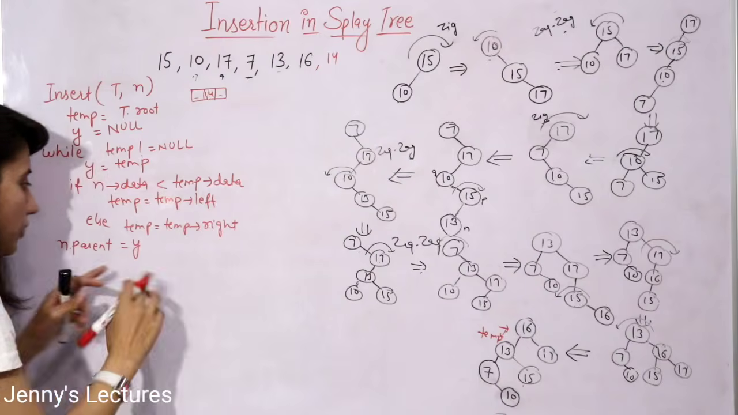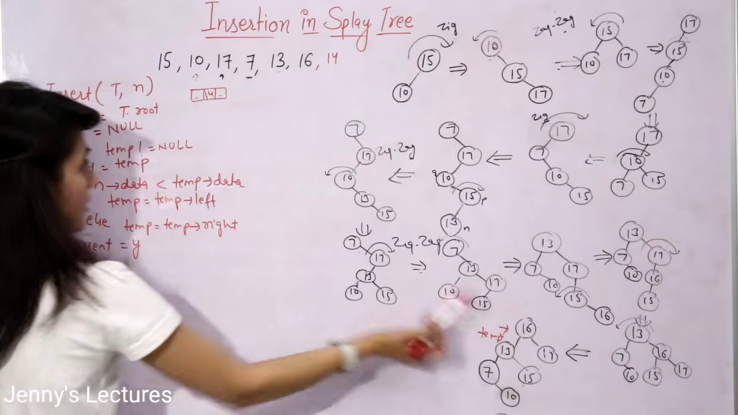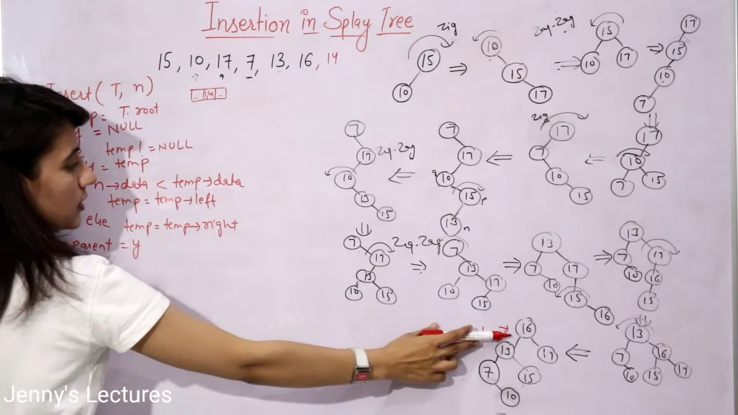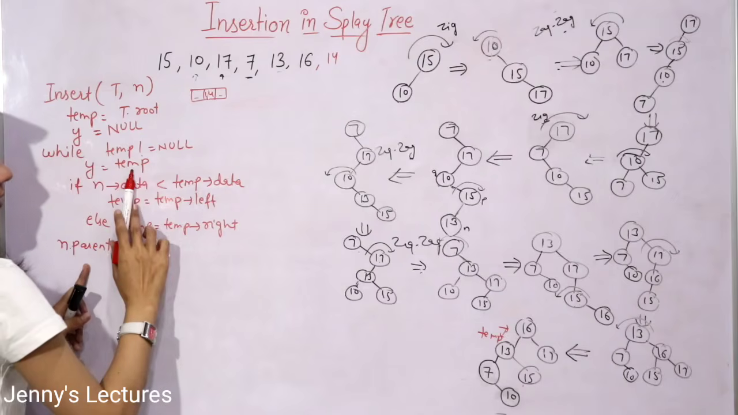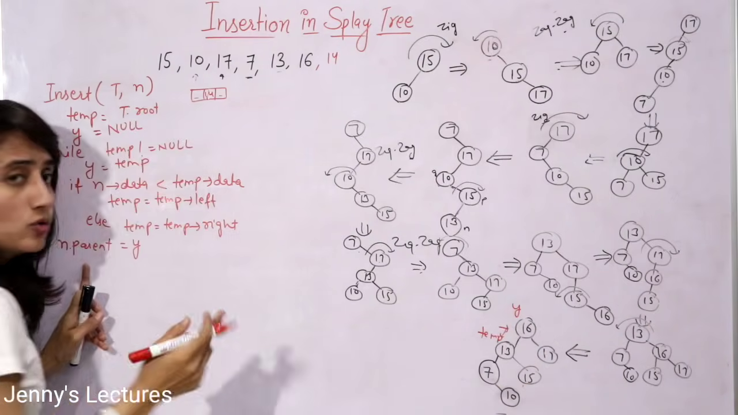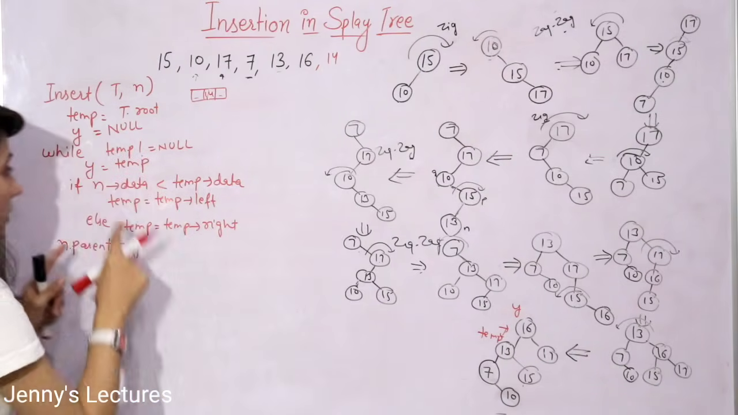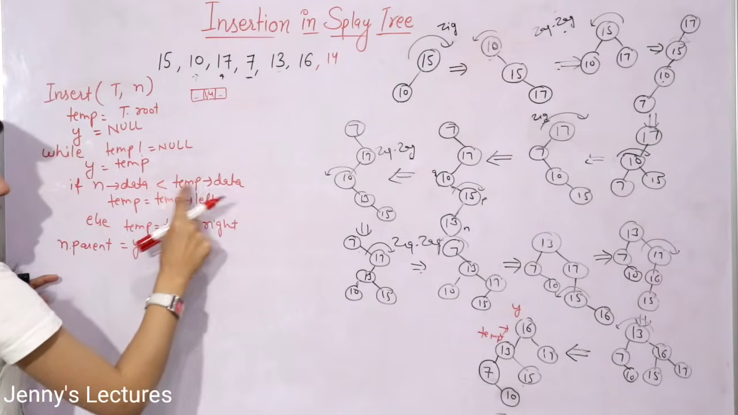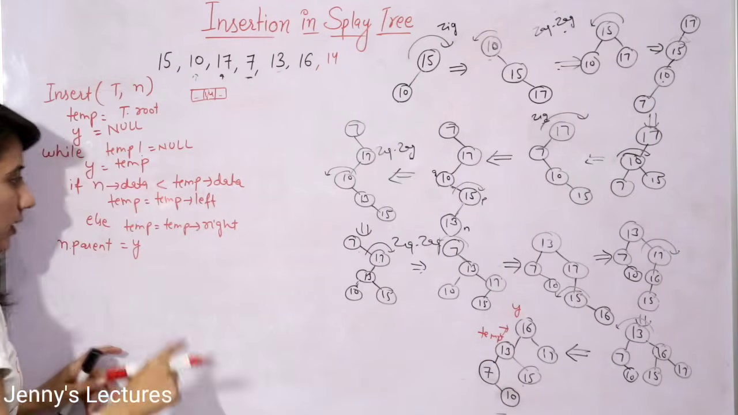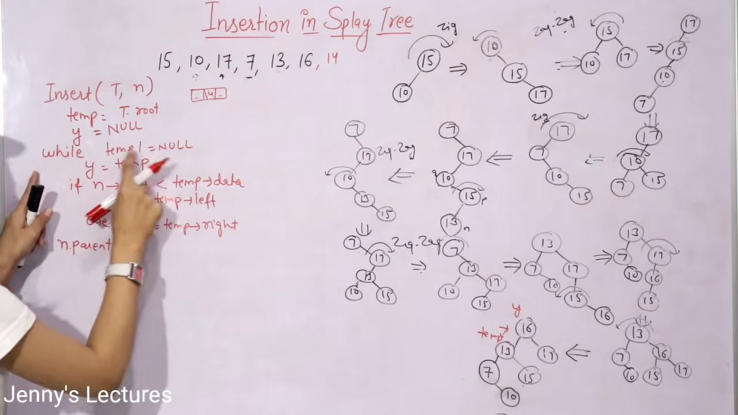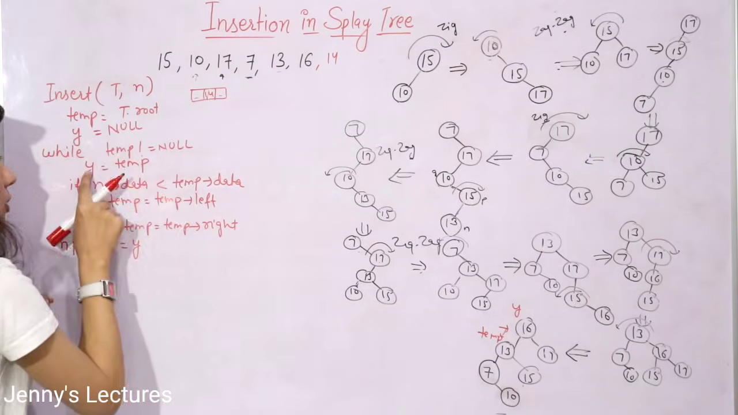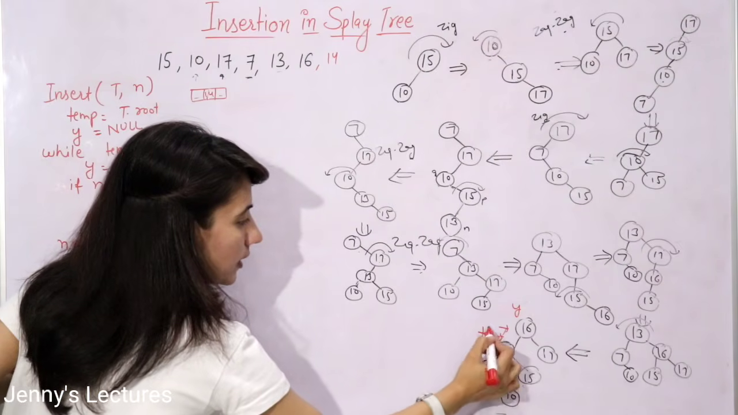Now see, why we are writing this thing. Initially temp is this one, right? So now while temp not equal to null, temp is not null because it is containing the address of the root node, y is equal to temp. Now temp was this one, so y is also now this one. Y is also containing the address of the root node, right? Now compare, n of data is 14, 14 is less than temp of data, yes. Now temp is equal to temp left, so temp becomes this one, right? Now again, while temp not null, yes, temp is not null, temp is containing the address of this node. Now again y is equal to temp. Now y becomes here, now y is this one,